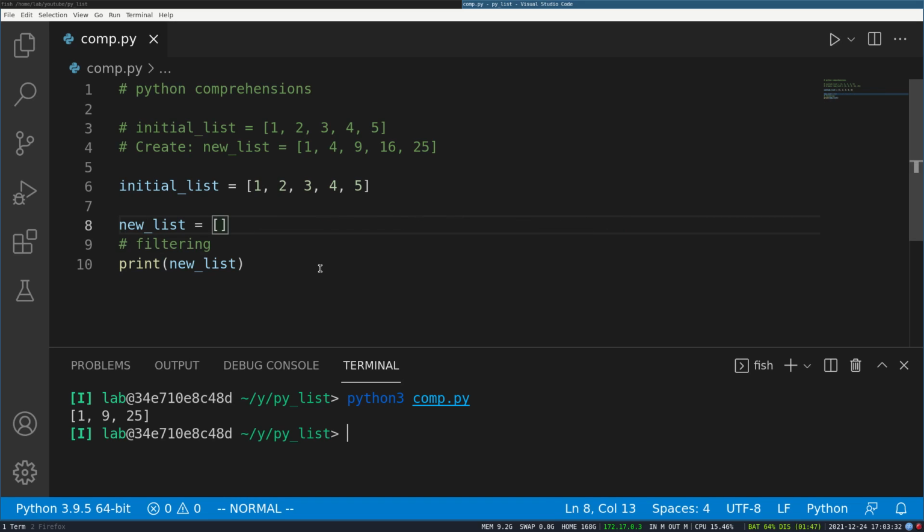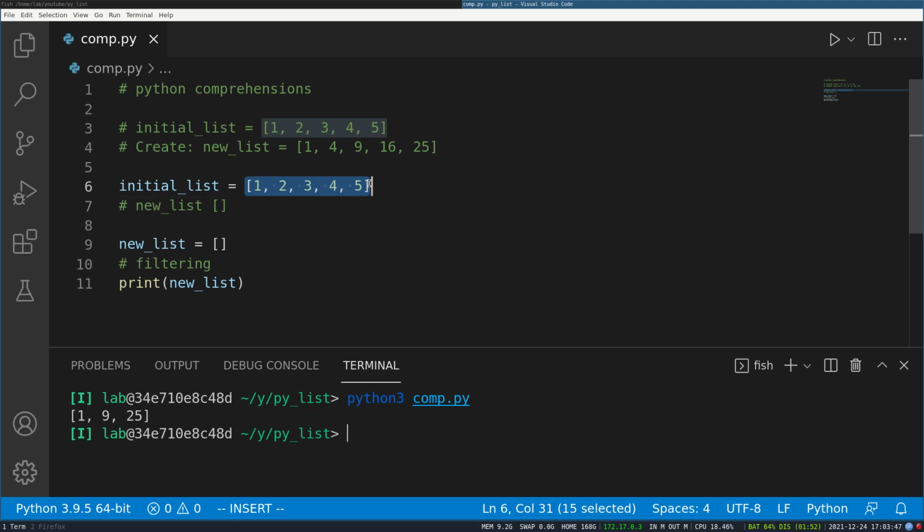And now one more syntax that I would like to introduce is having multiple for loops. Let's say you want to create a new list which has, using the initial list, each item inserted 3 times. Let's say you want to insert 1 1 1, and then 2 2 2, then 3 3 3, then 4 4 4, and like this. So how can you do that using list comprehension?